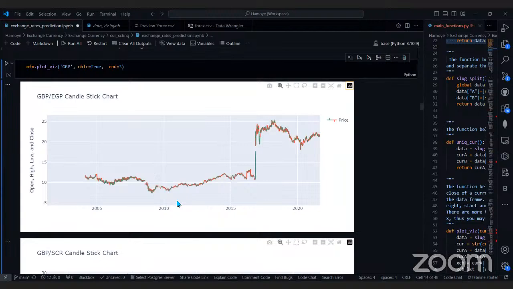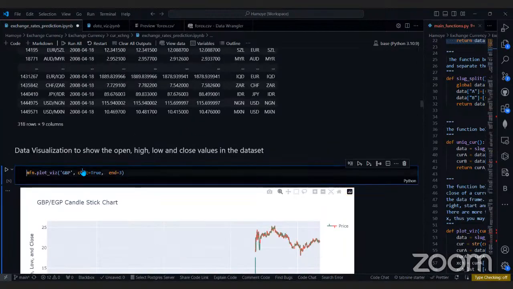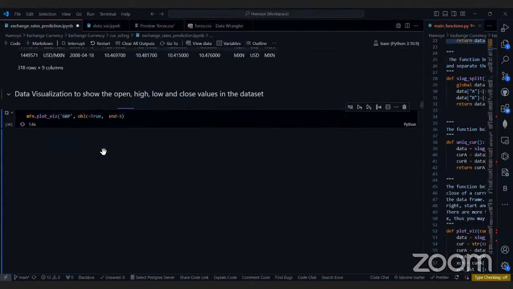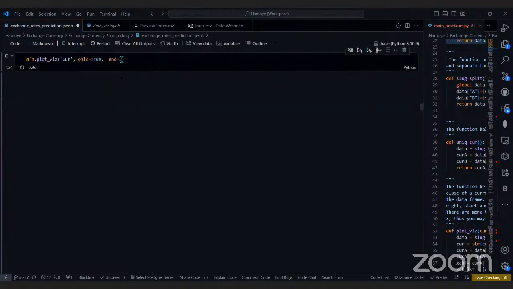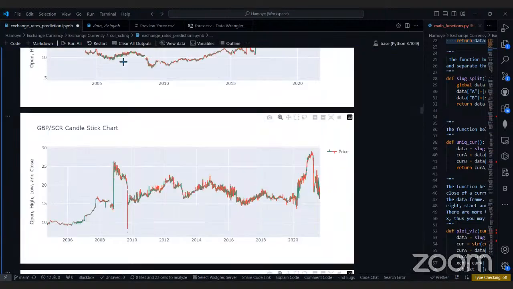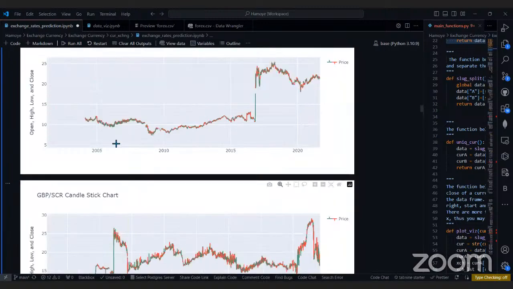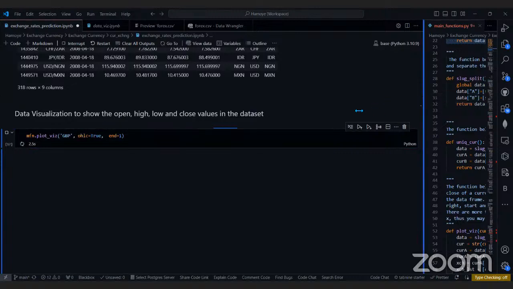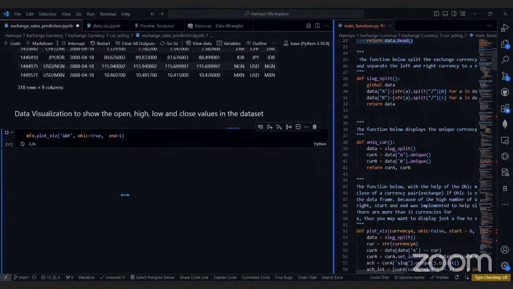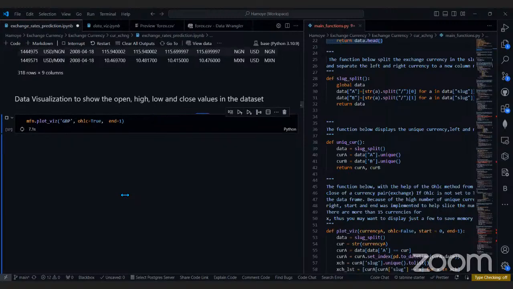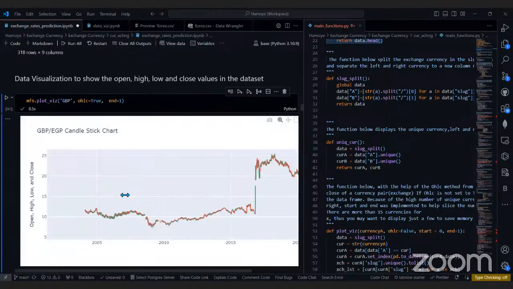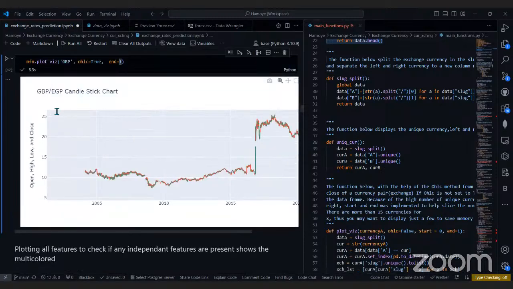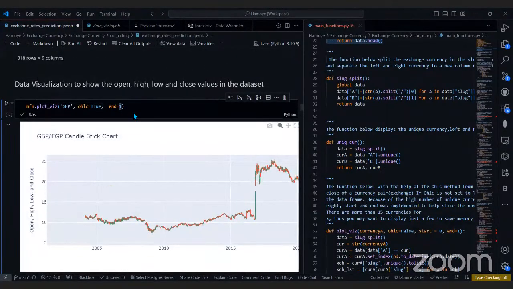So this function can help you predict the first three exchange rates, or we can change it to two, or you can change it to one. So that number determines how many it plots for you. If I put one, it's just going to visualize just one of the exchange rates we have. We're out of time already, so let me just quickly run us through how this function was created.